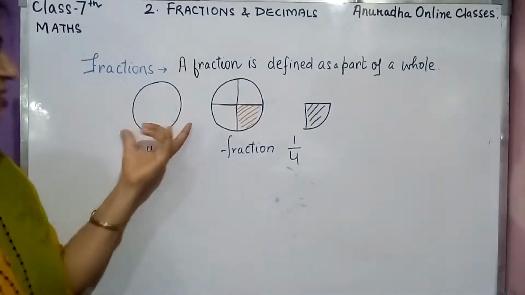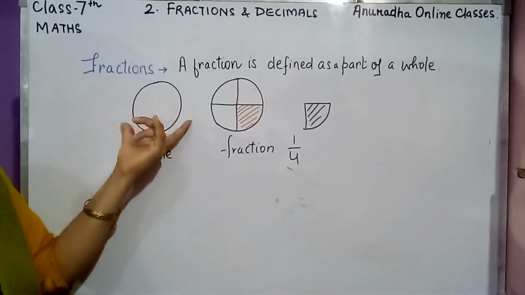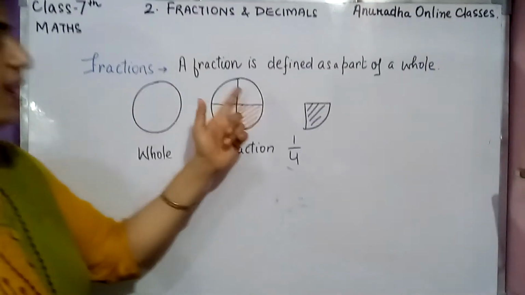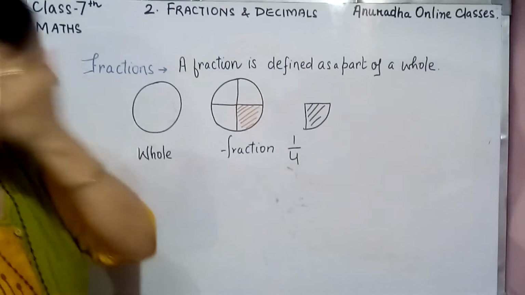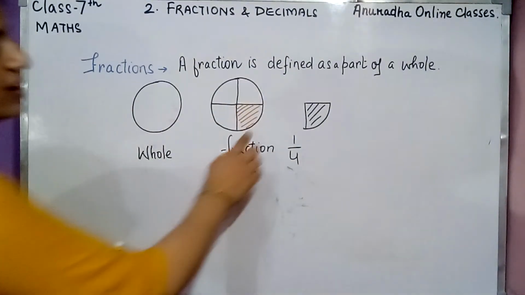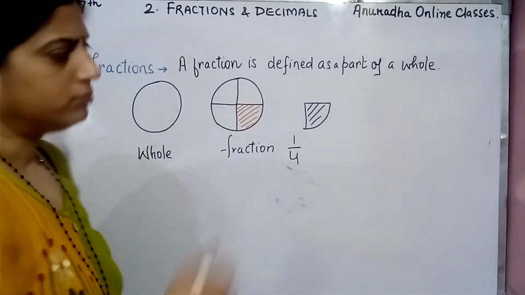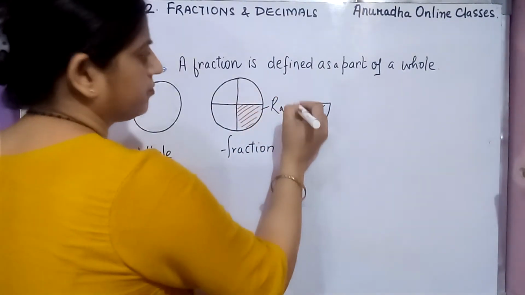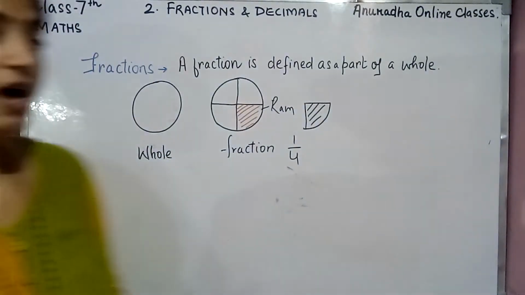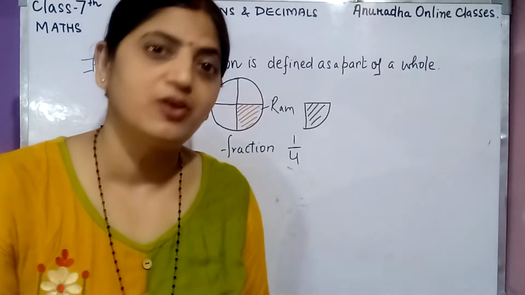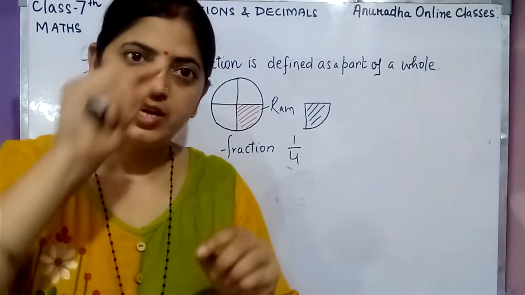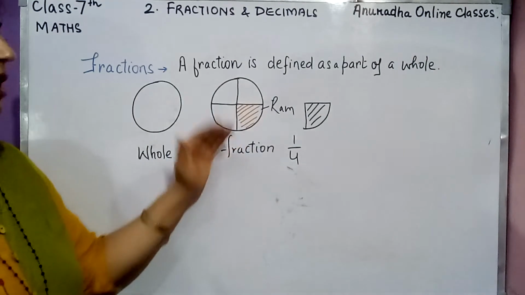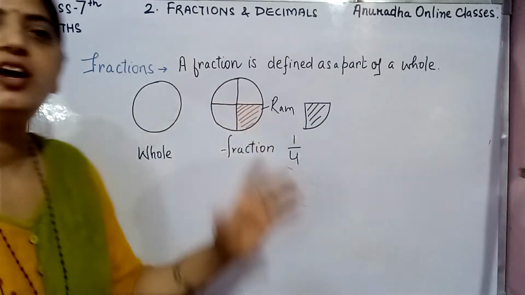मतलब एक complete. See, this is one complete circle. One complete circle के हमने 4 parts किए. And that should be equal. 4 equal parts किए, right? 4 equal parts किए, तो one part I have given to someone. Suppose I have given this to Ram. Okay, means if I ask you उसको कितना मिला, how you will tell? एक पूरे complete के हमने 4 part किए, like this you will tell? No, you will say कि उसको जो है complete circle का 1/4 मिला.